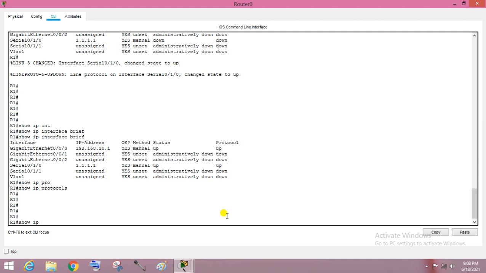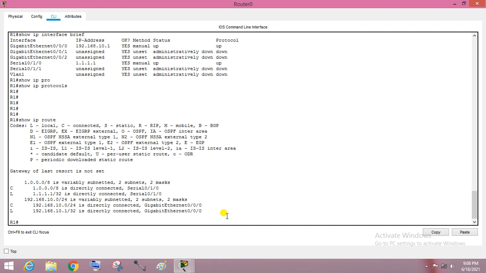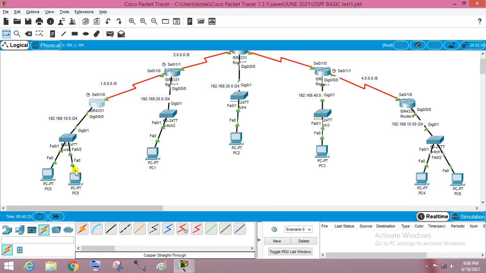So show ip route. When I hit this command, you can see two networks, 1.0 and 10.0. These are the directly connected routes, which router number 1 already knows. But there is no entry for the 20 network, 30 network, 40 network, 50 network. That's why this PC is not able to ping this PC.